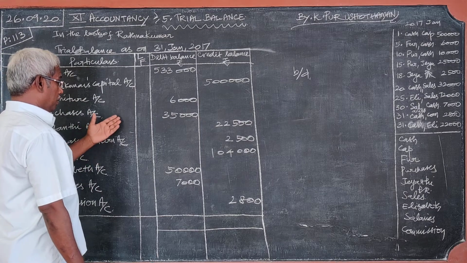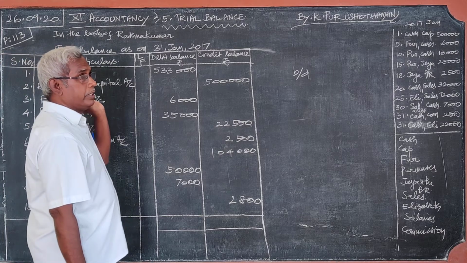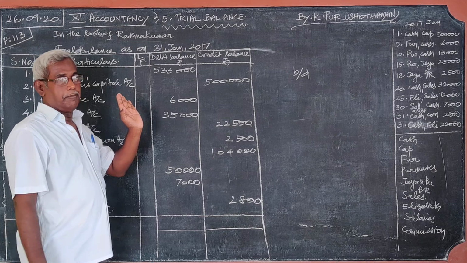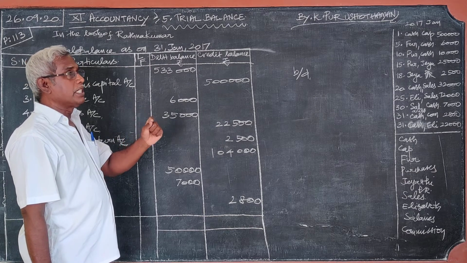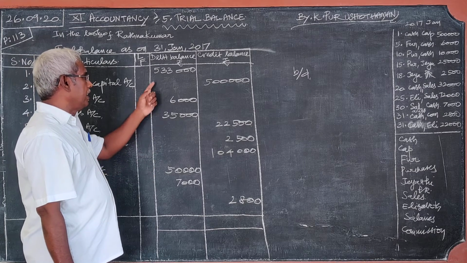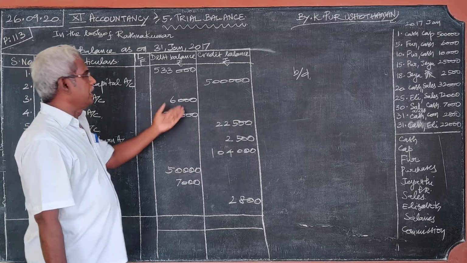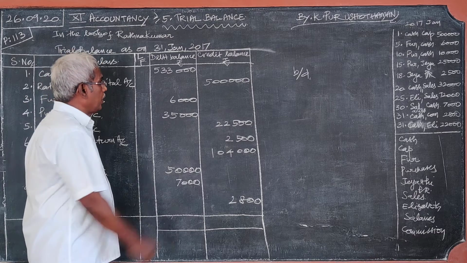Now the posting should be made. We should write the amount. That is our big task: whether to write on the debit or the credit. For that, what we should do is look at where the brought down appears in the ledger. If the brought down appears in the ledger on the debit side, you write it on the debit. If the brought down appears on the credit side, write the amount on the credit. Now you find the total.